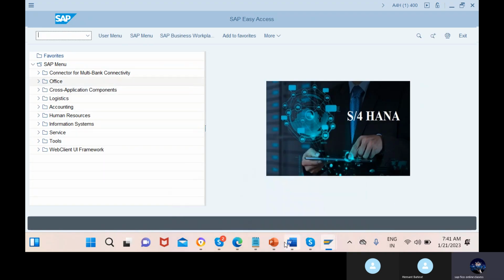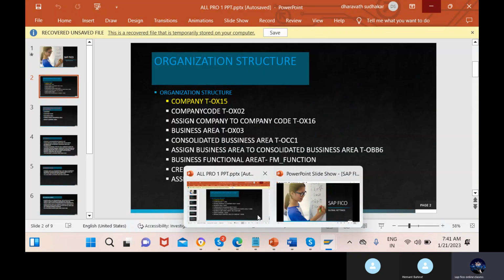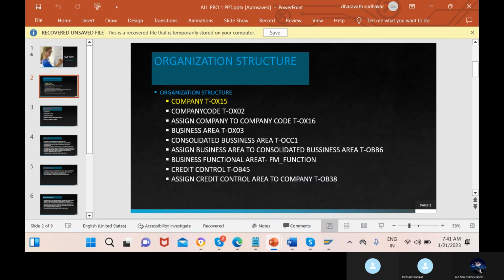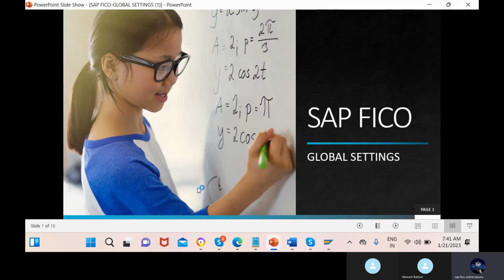Okay, now in this session we'll discuss the global settings. In the last session we discussed the global settings. In this session we'll do the configurations. First we'll have